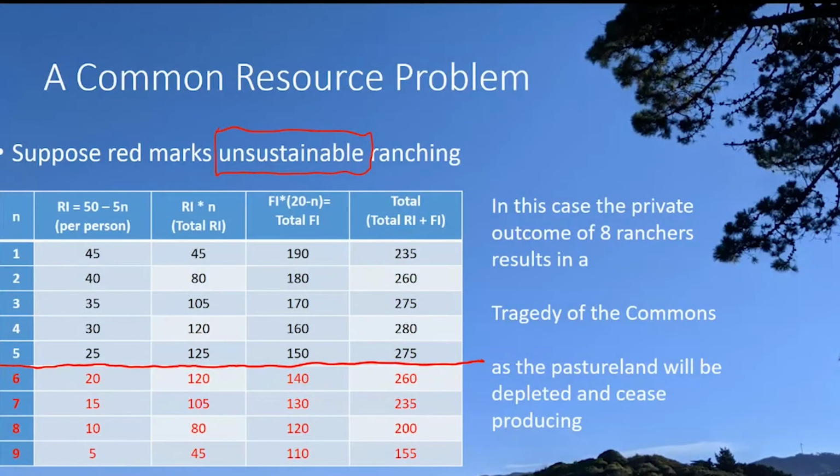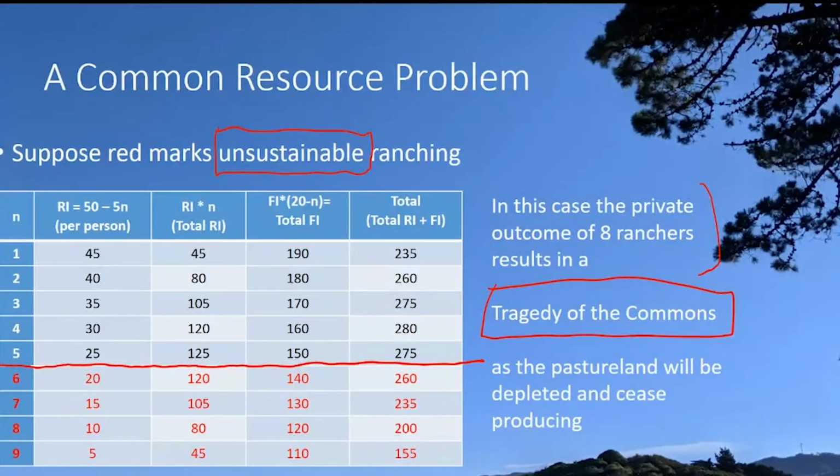If the cutoff between 5 and 6 is the breaking point between sustainable grazing and unsustainable grazing, then it's like saying if we put 6 or 7 or 8 or 9 ranchers into the pasture land, we're going to use up this resource. It's going to diminish to such an extent that nobody's going to get anything. None of the ranchers are going to be able to operate in the future if we end up with 6 or 7 or 8 or 9 ranchers operating on the pasture land. Okay, it's just going to be unsustainable. All right. If that were to occur and we let the private outcome be the equilibrium in this market, we're going to end up with something that's called the tragedy of the commons.